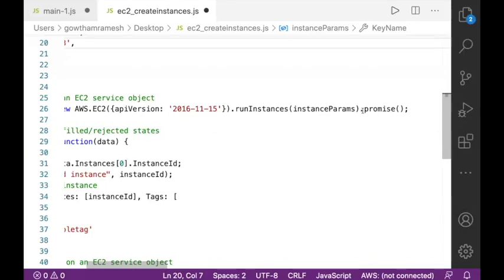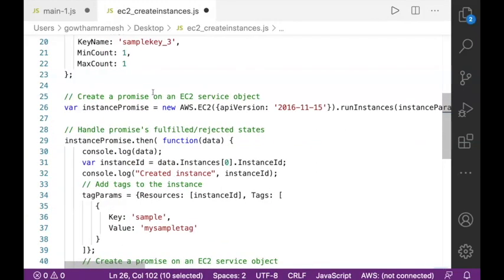And for this I'm going to create a promise. It means that the promise will return the success or failure of the statement, the successful creation of the instance or failure of creating the instance. Consider when the promise returns the successful creation of the instance. By using this instance promise, I can access a set of blocks written in the .then block.